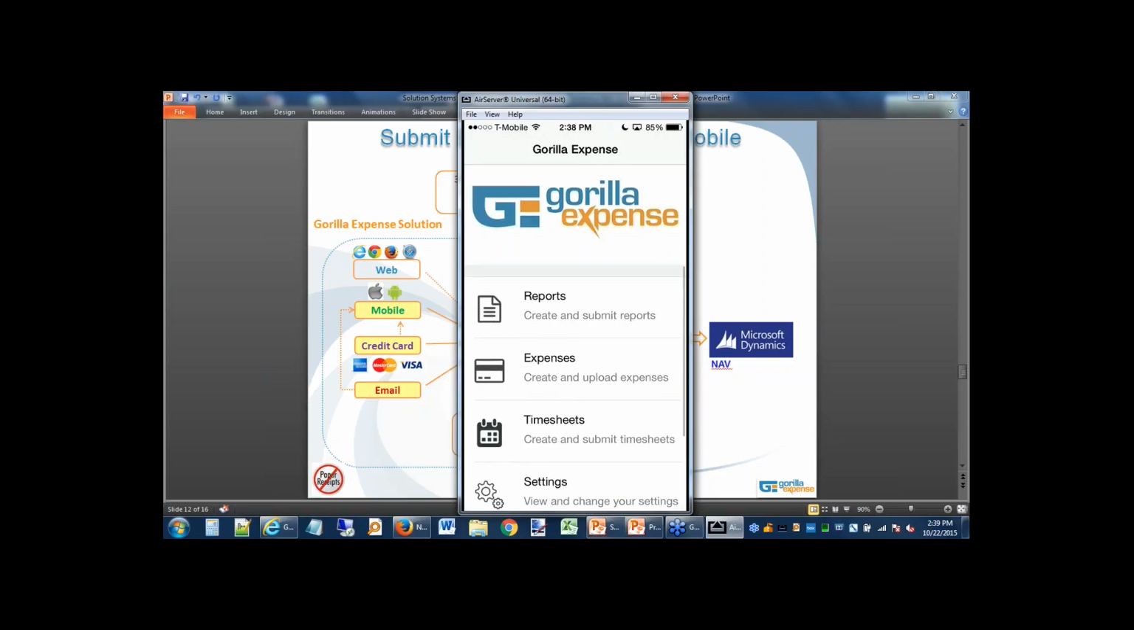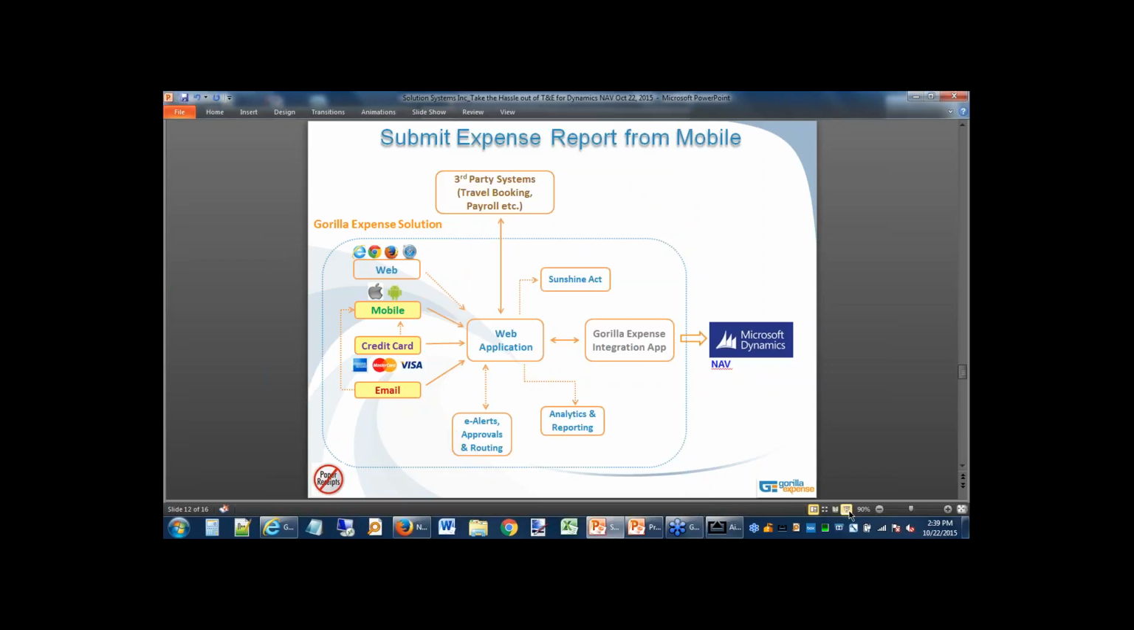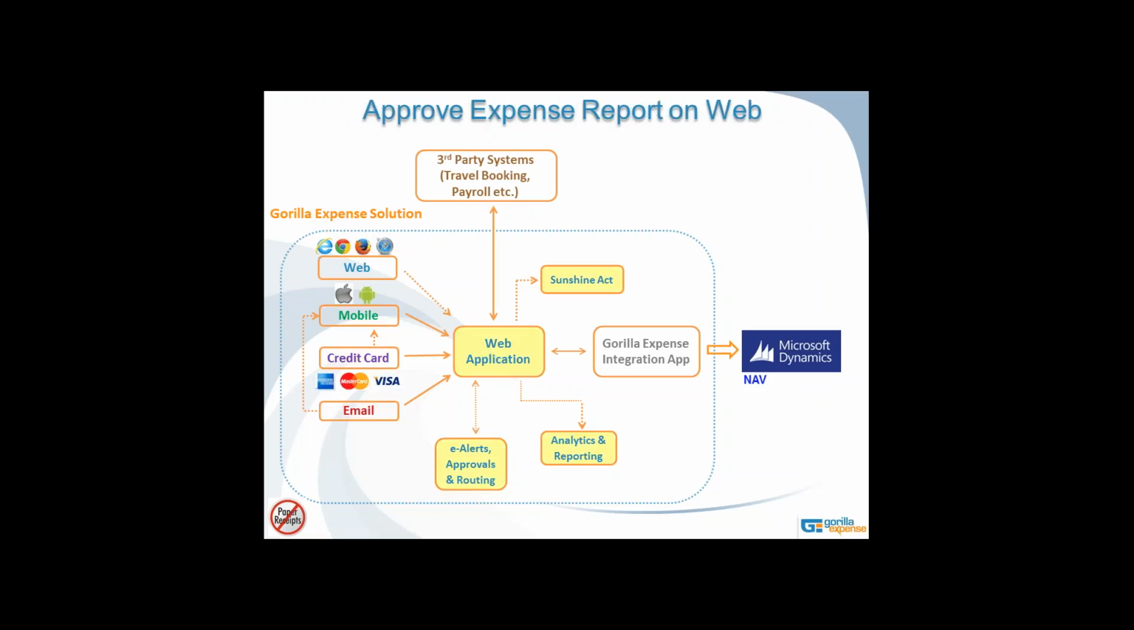So we've seen the mobile app. Let's look at the web application, and what I'm going to do is approve this expense report that we just submitted from my phone. And we'll talk about some of the other points on the web and then get that report ready to be pushed to NAV. So we'll touch upon as many points within these shaded sections as we can,